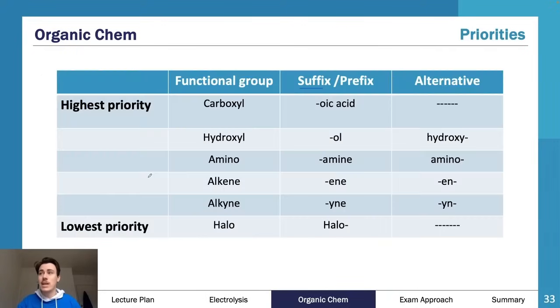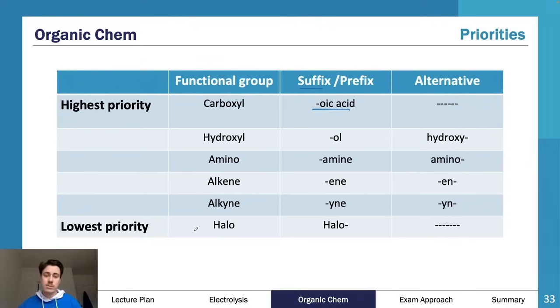So there is a carboxylic acid, it must be a suffix of oic acid. It takes the suffix no matter what. It therefore means it is number one. That is always the first carbon. That is the first carbon of that in no matter what. Your next priority is your alcohol, then it's your amines, and your amides is usually about the same, and they usually sit in the same spot. This is amines here. And then we go to alkenes, alkynes, and then your halogen groups, so your chloro, fluoro,